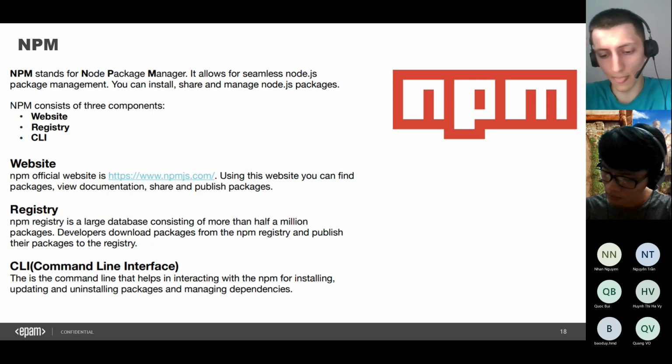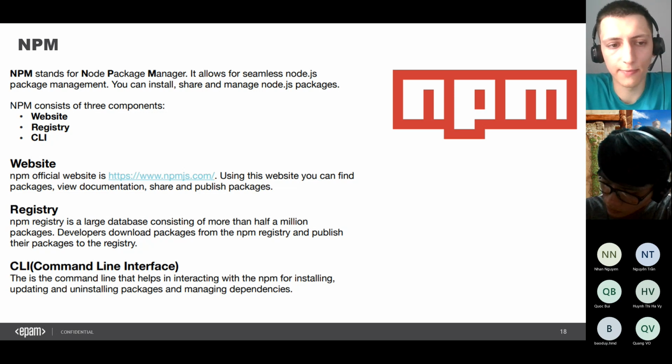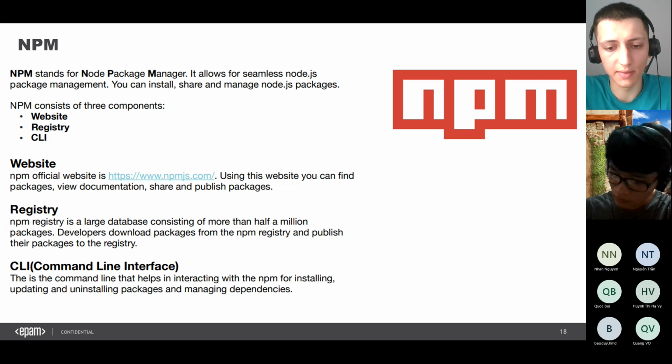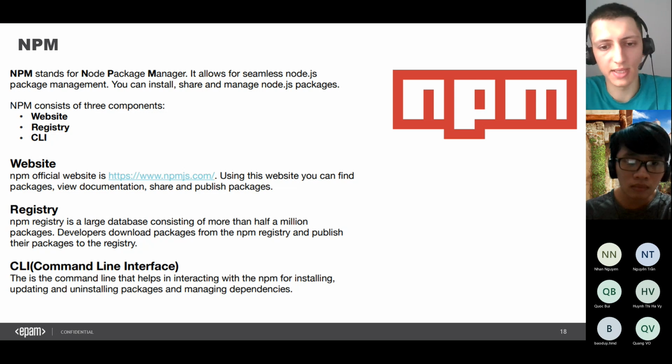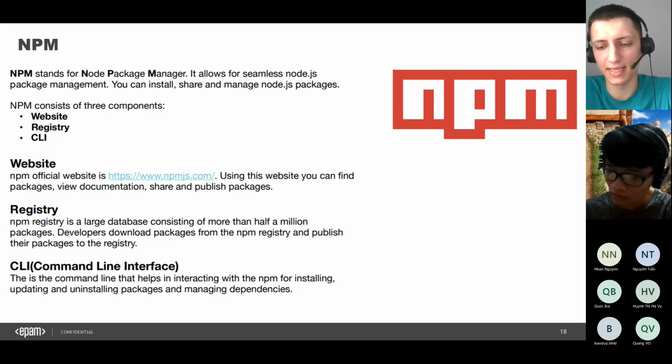And for big projects, this database is the same. For example, if any one of you decided to run npm install and some package name, the same database will be used when I run the same command on my own computer. It means all of us use the same database of npm packages.